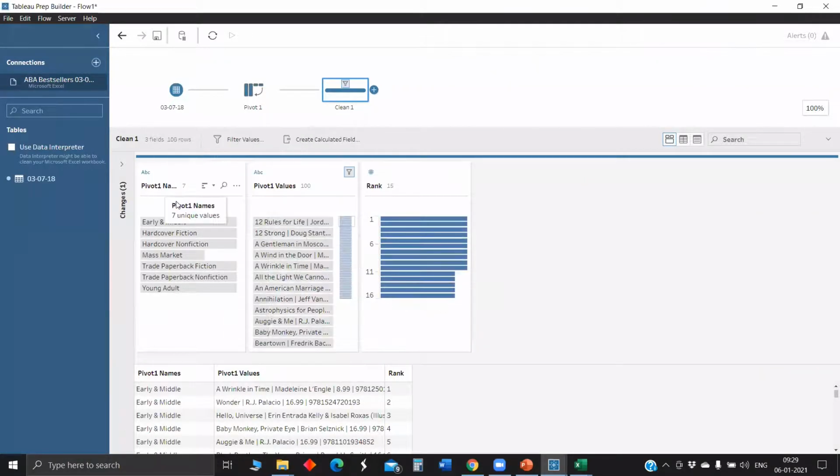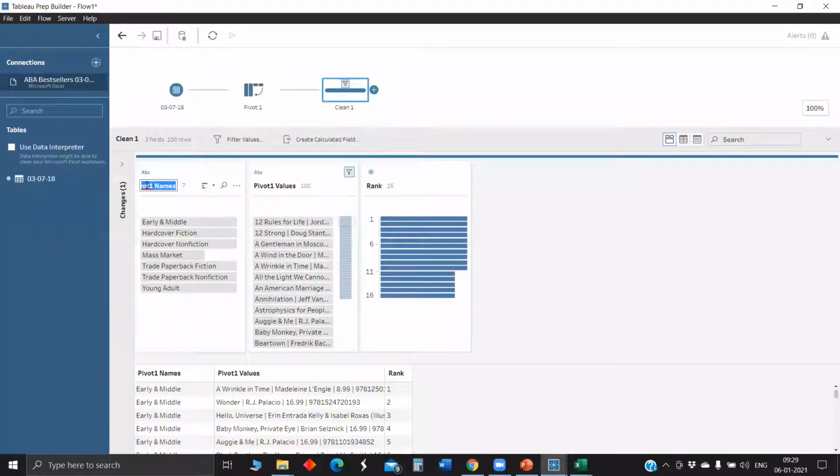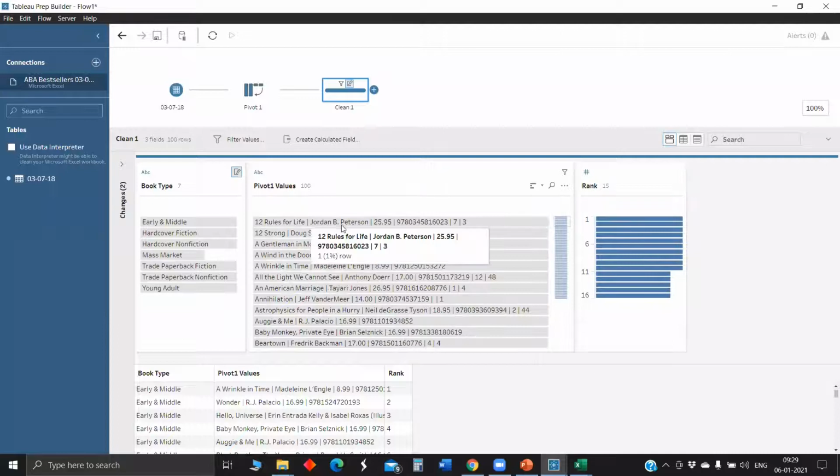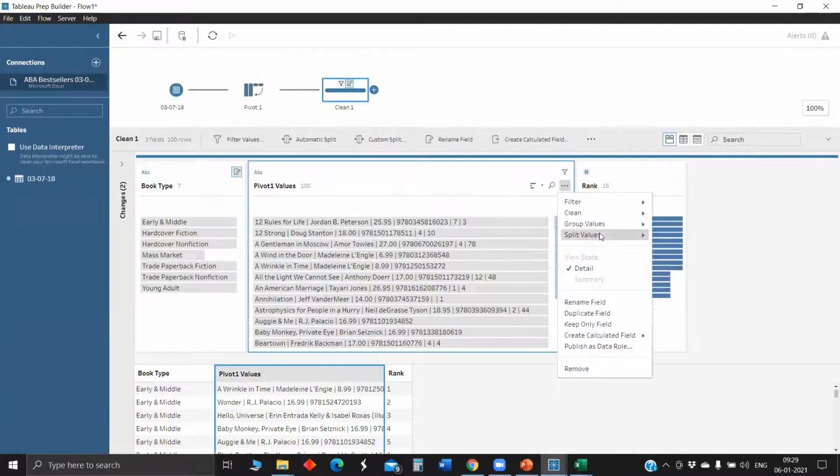And I would like to rename this pivot names. If you double click on the field name, you can just edit that, maybe type. And here, as we have seen already in the Excel, we have name of the book, then author, price, ISBN code, and some other. We'll try to split values.